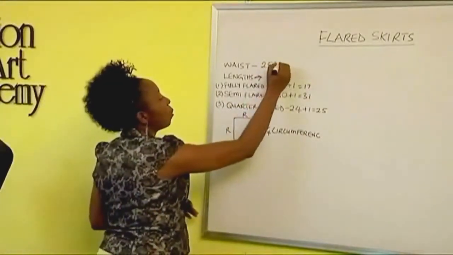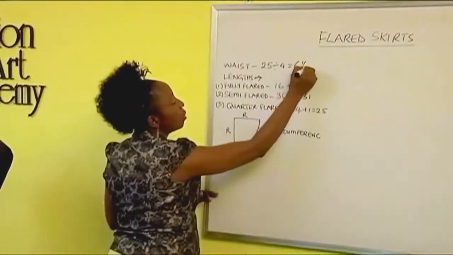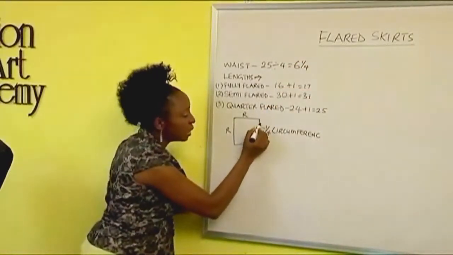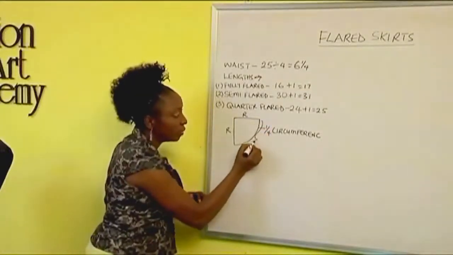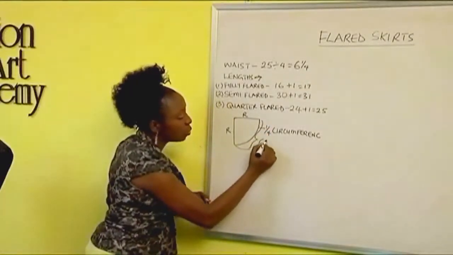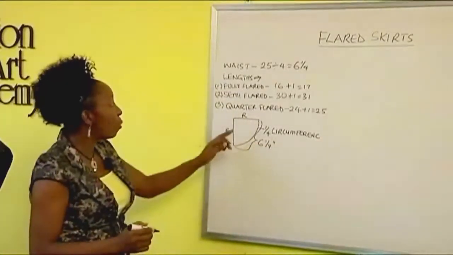Now if I divide my waist into 4, I'll get 6 1/4. That is what this place gives me. This arc I have here, that is already known. This is going to give me 6 1/4 inches. That is already known, but what I don't know